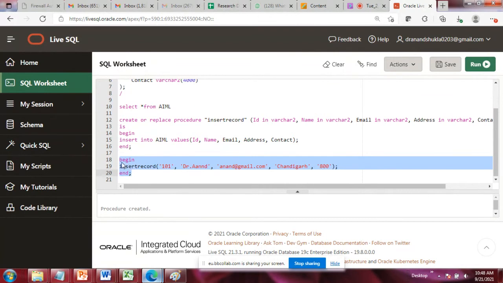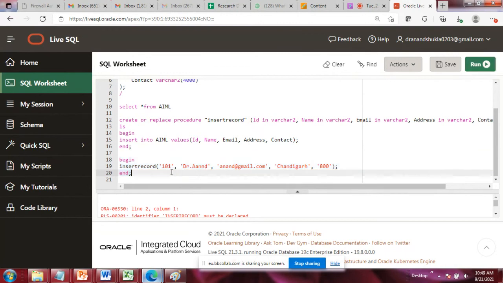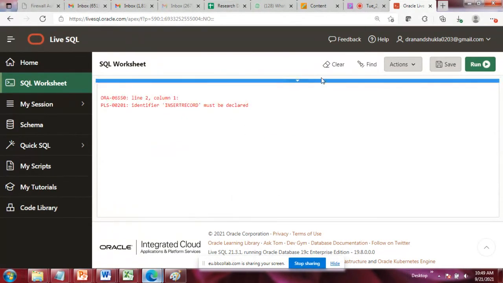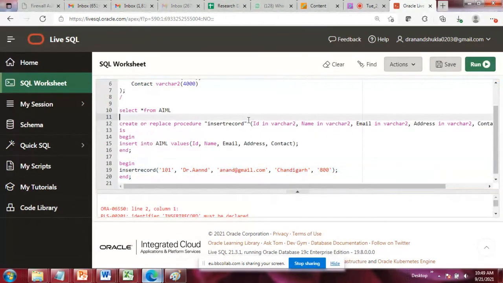Let me execute this. I'm going to select only these three statements and execute. It says must be declared, insert record. I'm going to copy this. Must be a declared identifier.